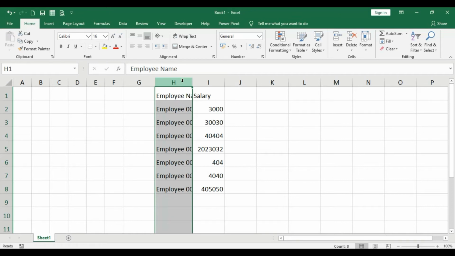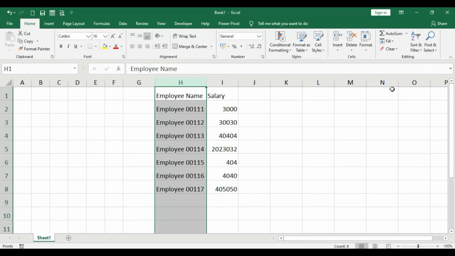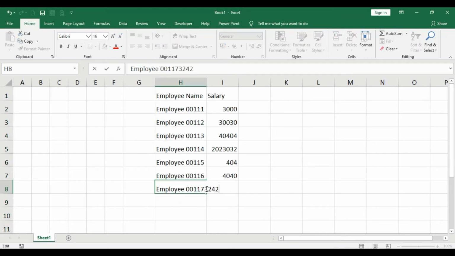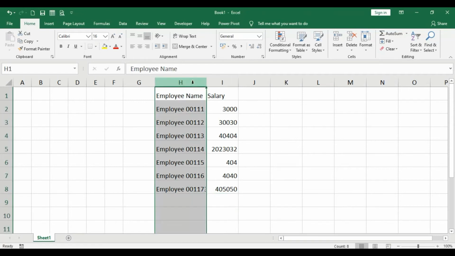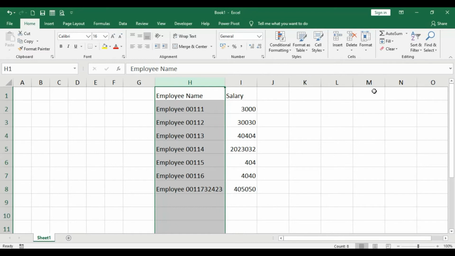We need to just select the column on the top, go to the format tab inside the home tab, and in the format section select auto fit column width. That's it. The column resizes to the size of the data that is present in it. It will accommodate the maximum size of the data that is incorporated within that particular column. For instance, I increase the size of the data in this particular column. I'm going to select this column again, and select auto fit column width. You can see it has resized to the column width, accommodating the maximum size that one data is occupying in